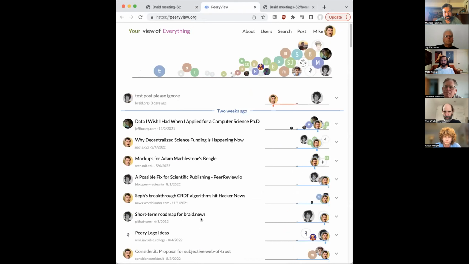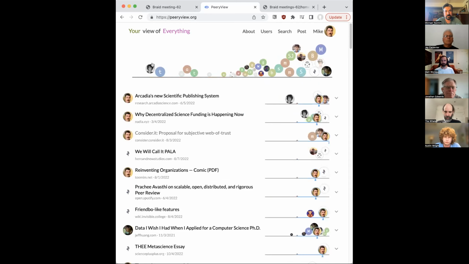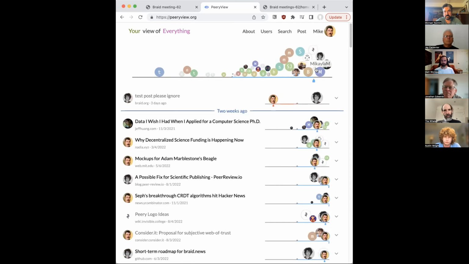So this is like Hacker News or Reddit, it's a list of links. Each one, you can rank up and down on a slider. And you'll also notice the different people here have different sizes, and you can rank them here. So I can rank Wrath down, and that will resort everything because his weights just changed.